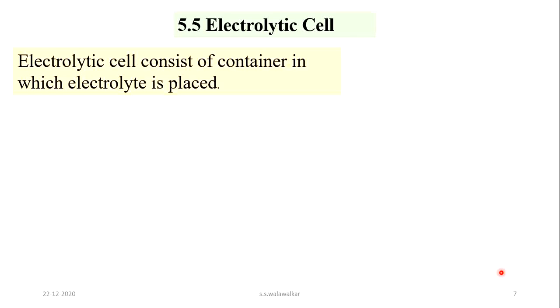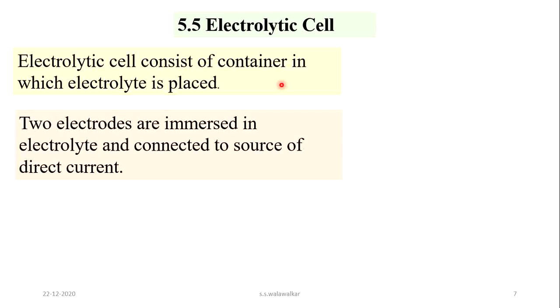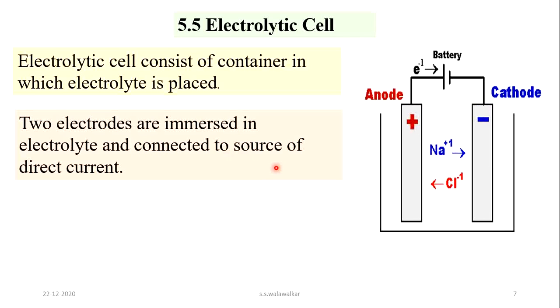Now we will see the electrolytic cell, in general, its construction and cell reactions. An electrolytic cell consists of a container in which the electrolyte is placed, and two inert electrodes such as graphite. Electrodes may be reactive or inert. Those electrodes which take part in a chemical reaction are called reactive, and those which do not take part are called inert electrodes. So two inert electrodes are immersed in the electrolyte and